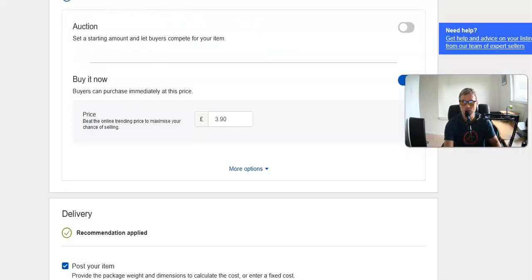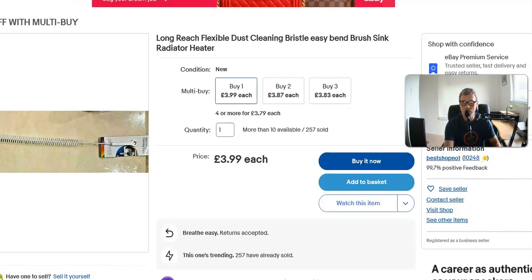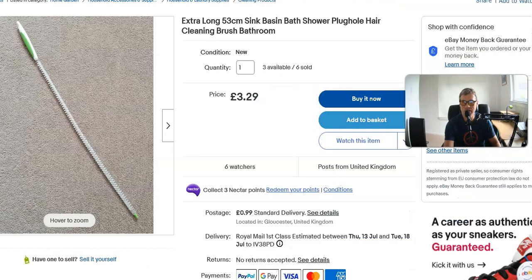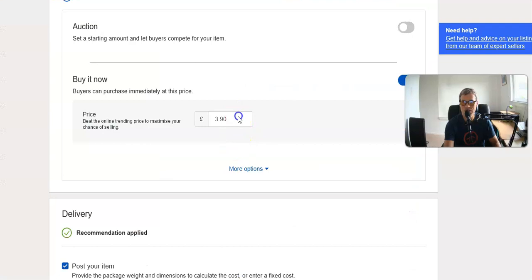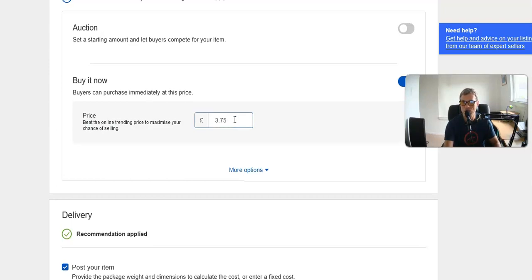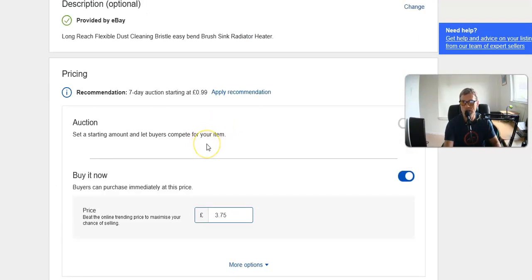So let's carry on. The price has come up as £3.90. I'm going to double check that again. £3.99, £3.29. I'm wanting to price my item at £3.75, just not to be exactly the same price as my